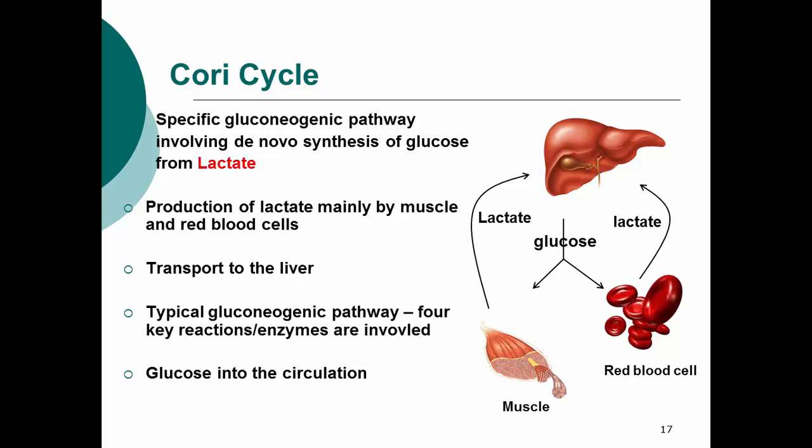We know lactate and alanine are the precursors for gluconeogenesis. But where do these molecules come from, and how does our body make glucose from them? This is the specific pathway called the Cori cycle. Basically, it is the cycle where muscle and red blood cells are the two main cell types that donate